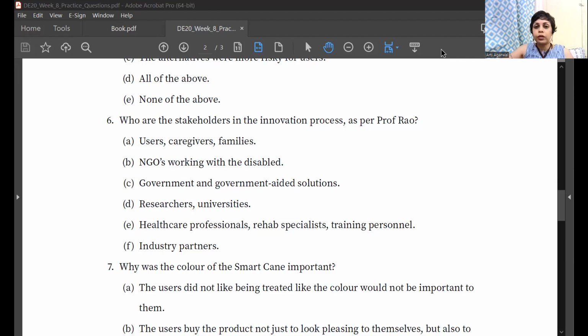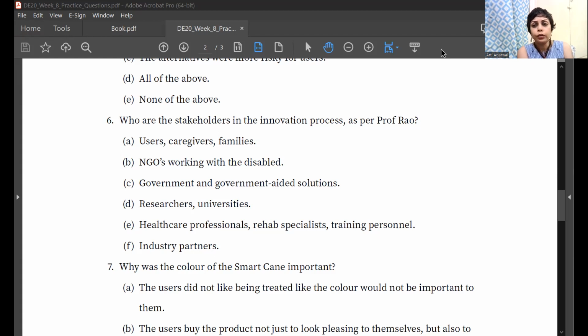Or maybe they are getting support, but they're not getting the kind of support they actually want. For example, they may be wanting support for something, but they're getting support for something else. Now, this may seem like it's not particularly relevant for your design, but it's very relevant for your innovation. If you want your innovation to be successful in the market, you need to understand all the market dynamics. And that is where NGOs can perhaps be even more helpful than the users themselves, because the NGOs who work with a lot of people in your specific target group will be able to give you these kind of insights,